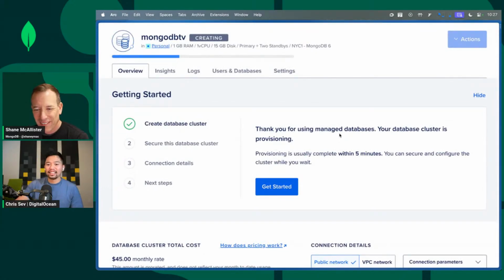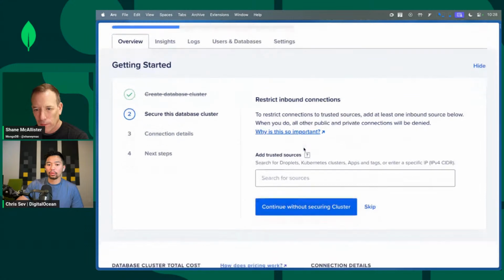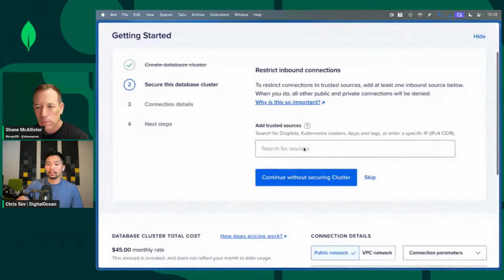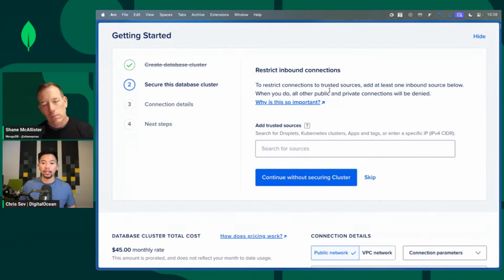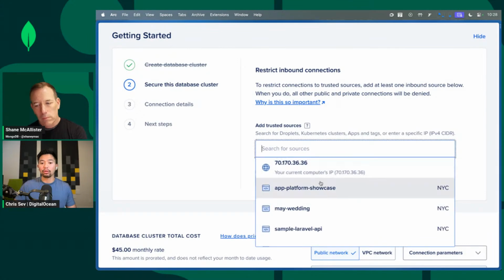All right. So provision is usually complete within 5 minutes, but while you're doing that, we'll get started. So we can go and, as I said earlier, you can restrict inbound connections. And this is something that we want to put up front, right? Like you said, security sometimes is left until the back end of a project. We want to put that front and center and say, look, if you know you're going to use this database with a certain project, click here and we'll show you all of the other projects that you've already deployed to